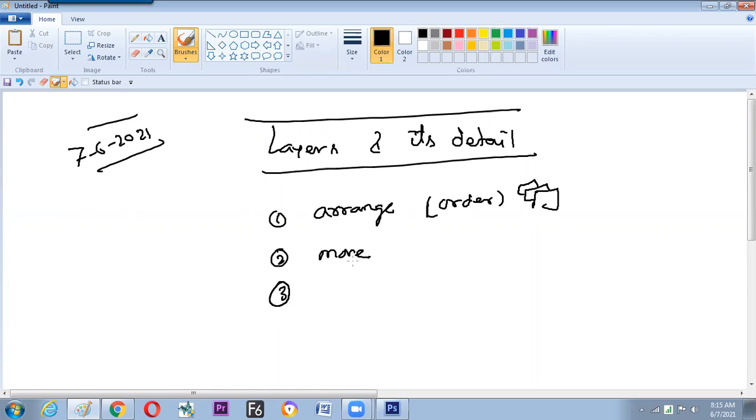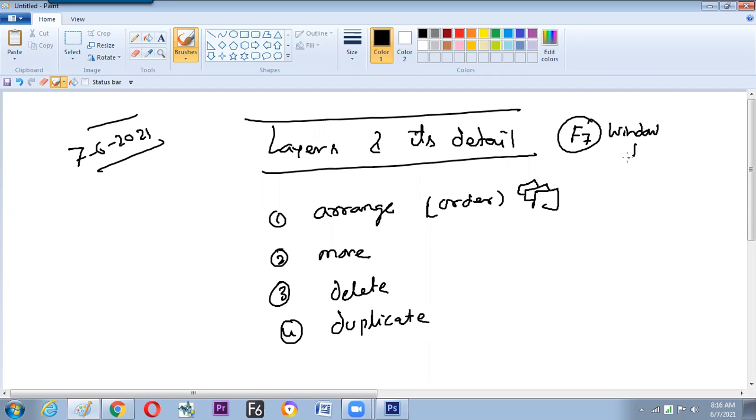Third, it allows you to delete. Fourth, it allows you to duplicate. So these many events we can do, and layers can be formed by the F7 button, or else we can find it in the Window menu under Layers.